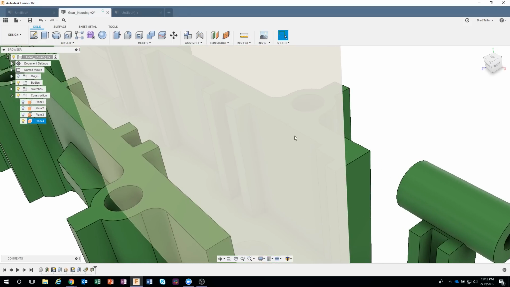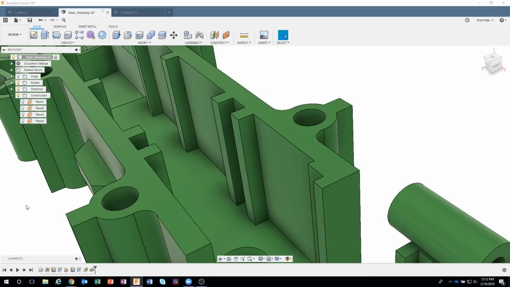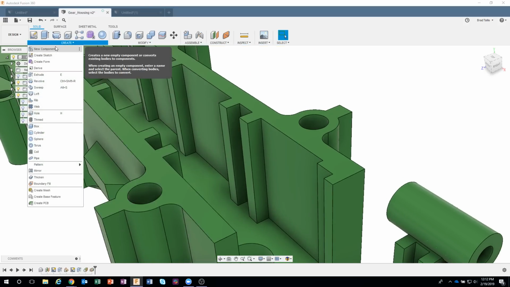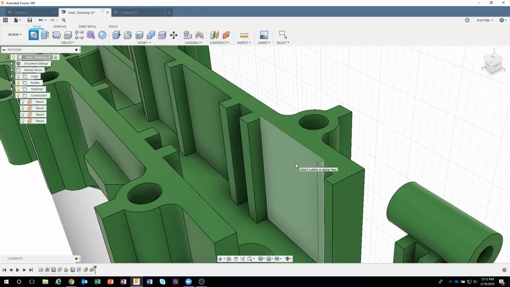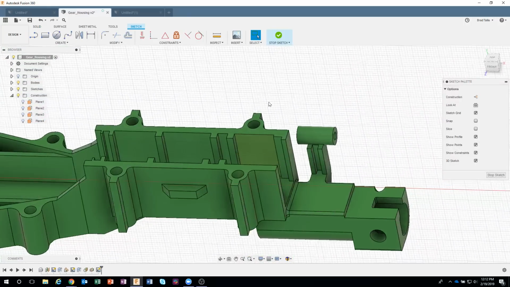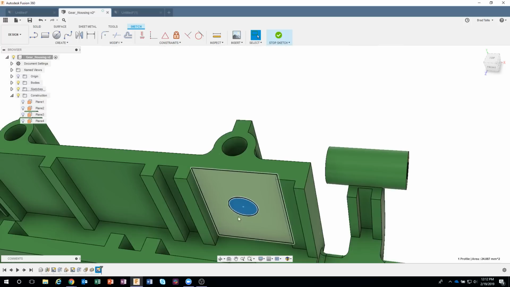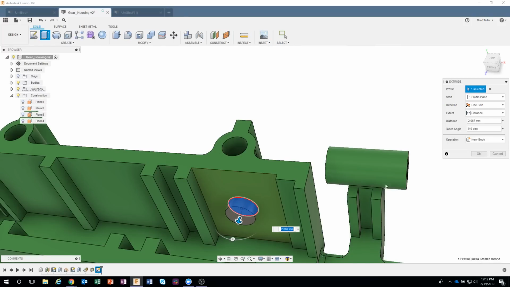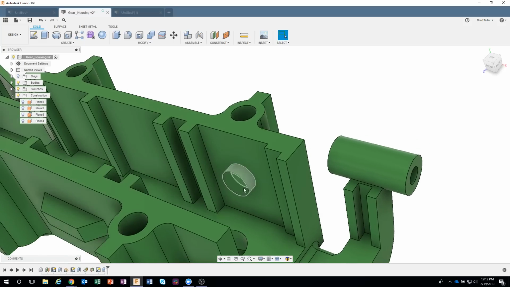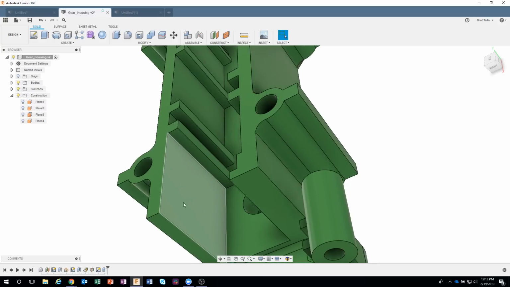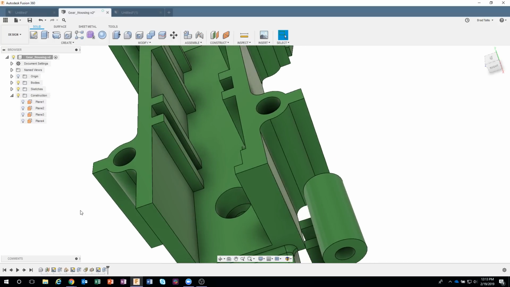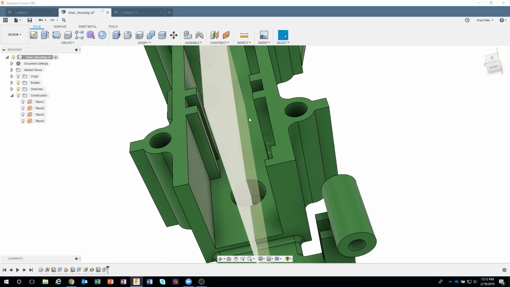So if I had, let me go ahead and turn this guy off. If I had, for example, a feature, let's just create a sketch on this face. So if I had created a circle or something like that, and then I'll extrude this. I'll say join. Okay. And I want that to be on the other side. Instead of having to recreate it, draw another sketch or whatever, I could do a mid-plane,